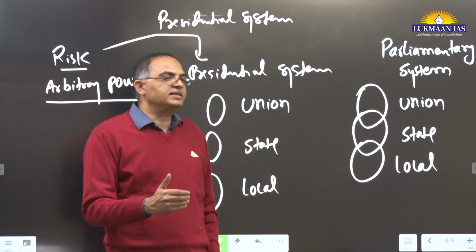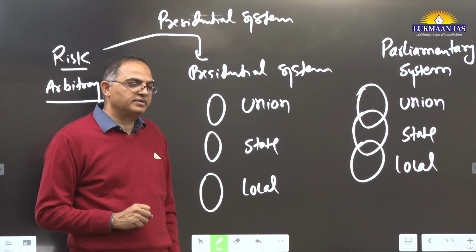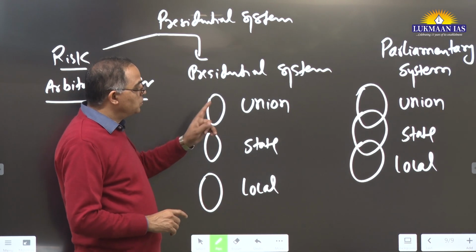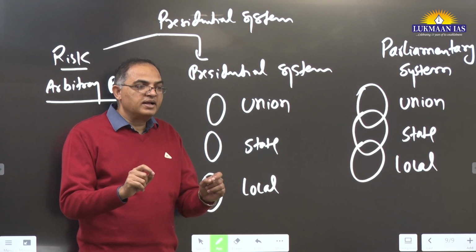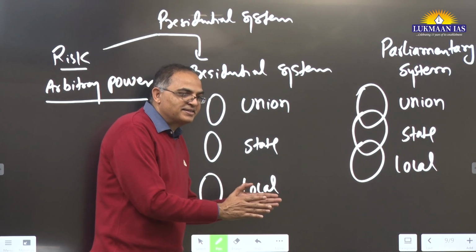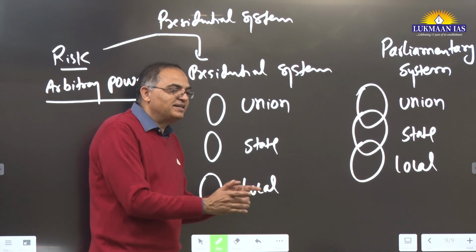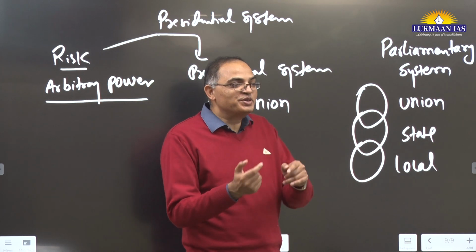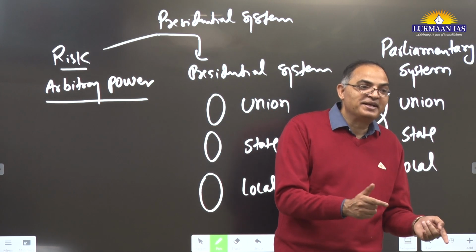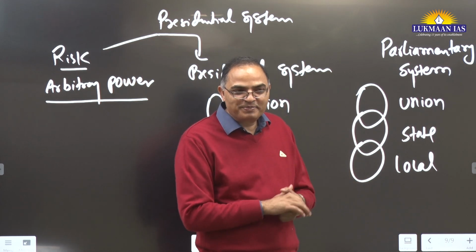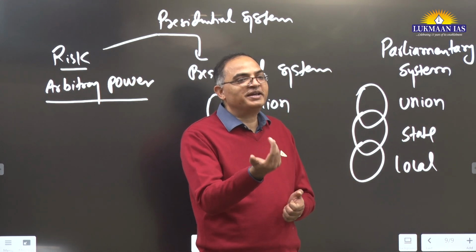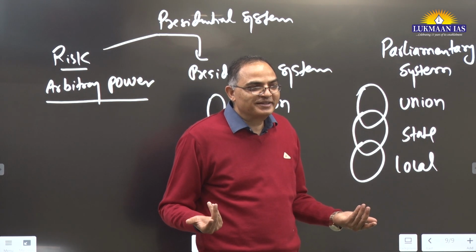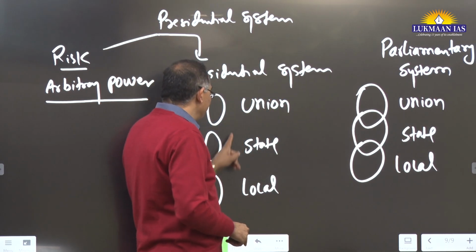But in our country, as long as even you are on a wheelchair, you will continue to be elected. Sorry to say all these things, but this is what you have to understand. So don't think that the presidential system has arbitrariness. It has the possibility of arbitrariness, but it has not necessarily become arbitrary. And the parliamentary system has responsibility as its main criterion, but it has not necessarily become responsible. Now let's take what do you mean by responsible government? The government which does not perform, what do you mean by responsibility?